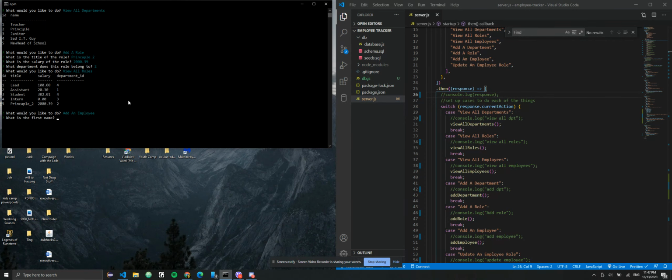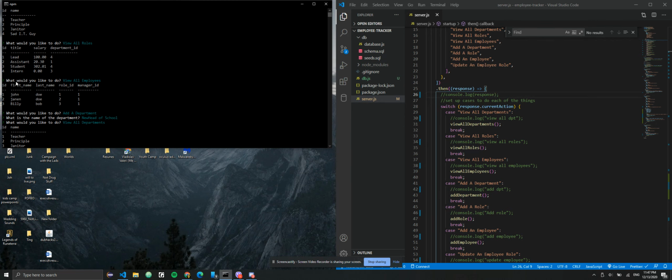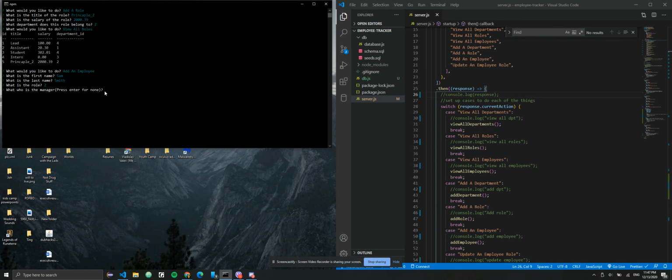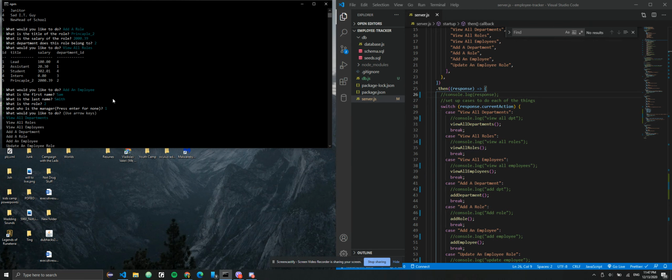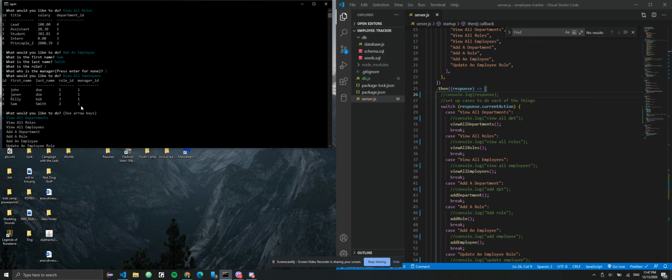We can give him a great employee name, which can be something like Sam, last name Smith. The role of this employee, we can look at our role table, can be something like assistant, so we can give him the role of assistant. And who is the manager for this employee? We will say that the manager for Sam Smith can be John Doe, just like the rest of them. And doing that and going to view all employees, we can see that Sam Smith was added to our database